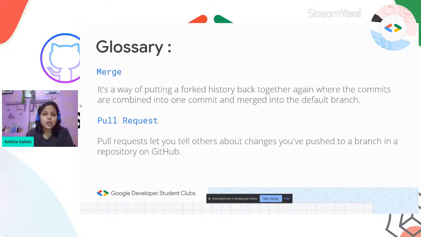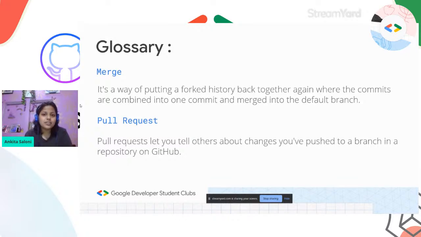What you do in that pull request, you mention the changes that you have created. Let's say I've added the introduction.txt file. Suppose there is going to be a graduation ceremony, and the teachers have asked the students to put their introduction file in the project so that they can felicitate them. So each and every student needs to put an introduction file in the project along with their introduction.